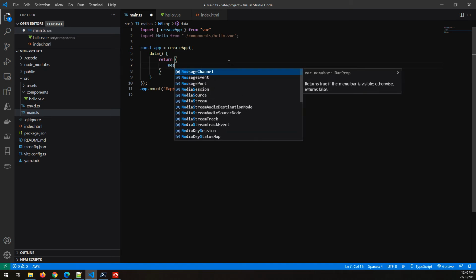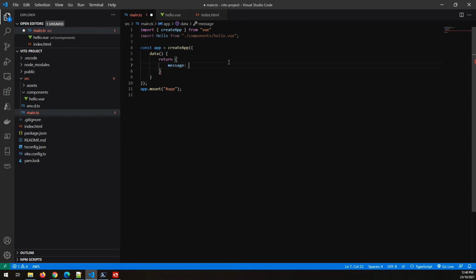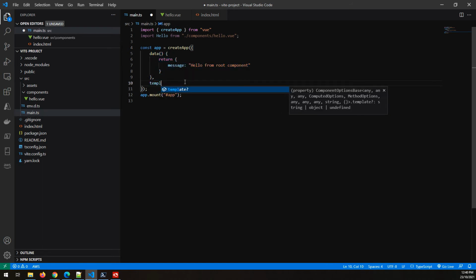Let's specify a message property here: root component. Now since we are defining our Vue component here, we can specify the template here itself. We can just say message, and now if you try to run this,